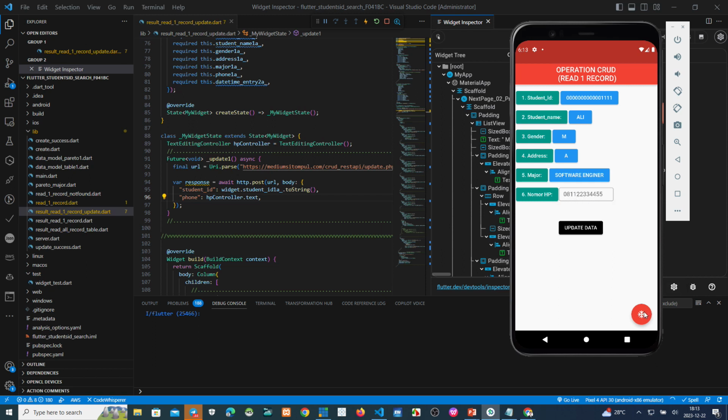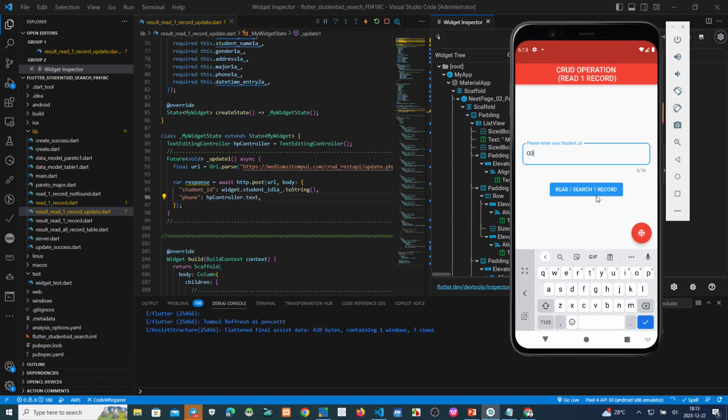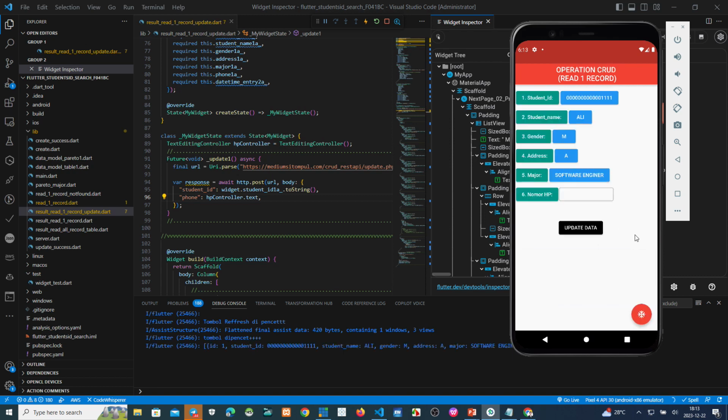If we read again, we can see the data become null. There is no data. This is a problem for us.